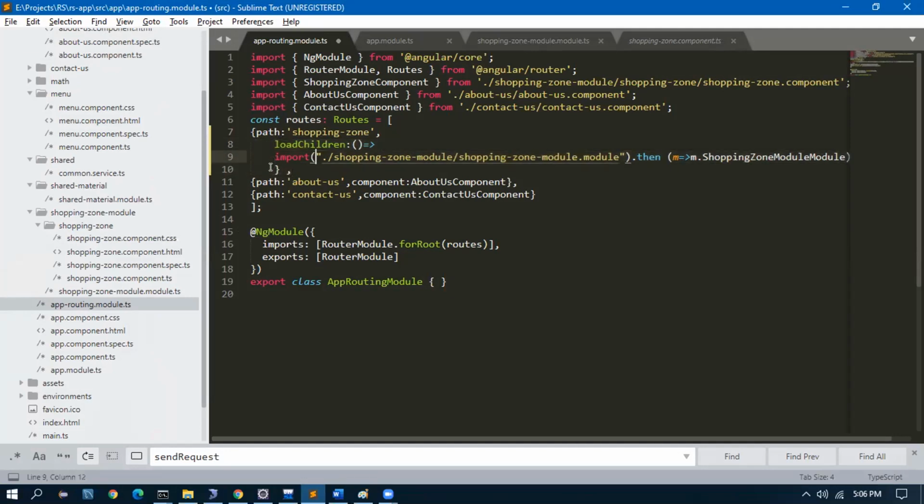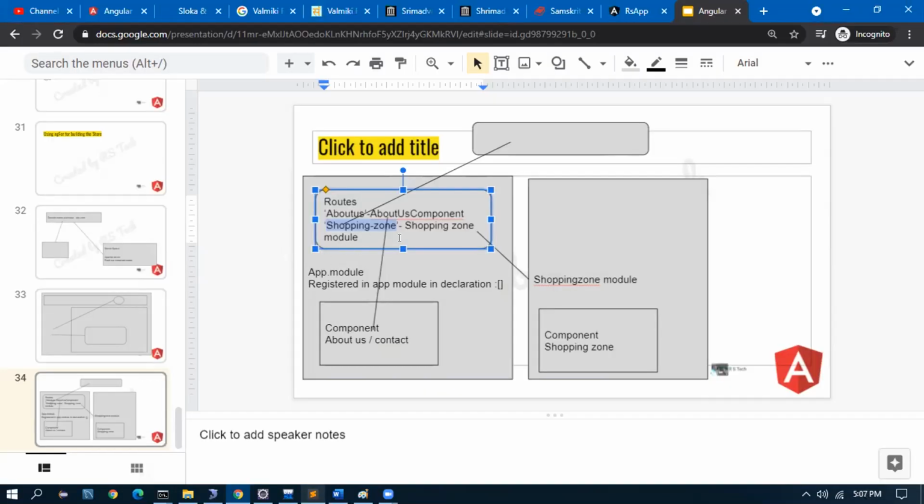Rajesh, could you please go to the diagram? I will explain one more time. That means the shopping zone module is not going to load in the app module. Just a reference will be there so that when a URL comes, it can redirect to that reference.